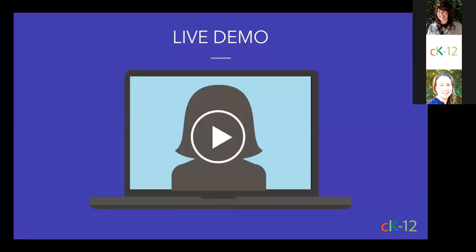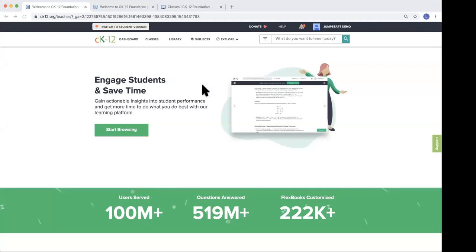And I don't know that we actually mentioned, Katie, that this is all free. If you are new to CK12 Foundation, I do want to let you know that everything that we offer is absolutely free. You're not going to hit a paywall, or be asked to enter in your credit card information. It is free, which compared to a lot of our competitors who have subscription models for their practice, that's a